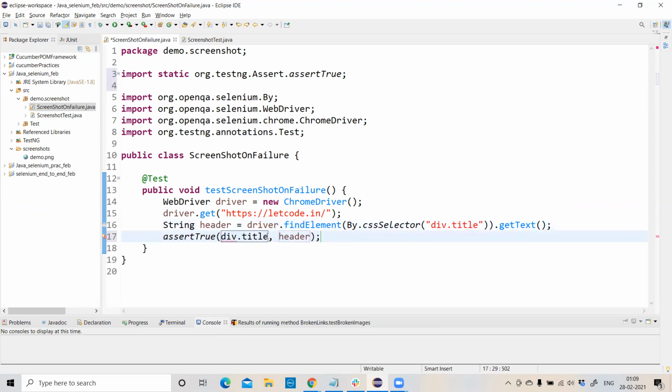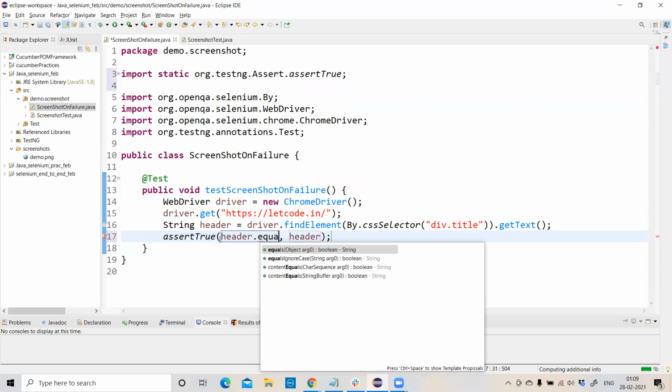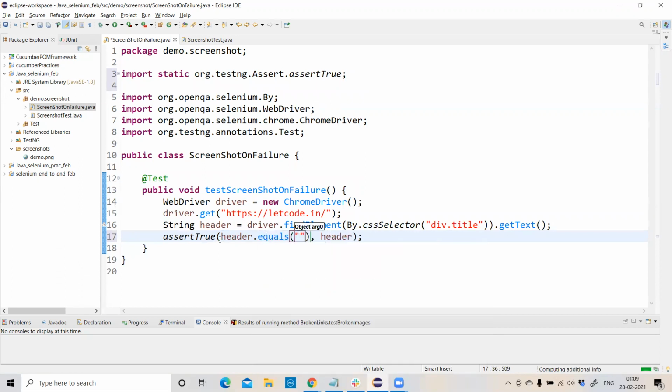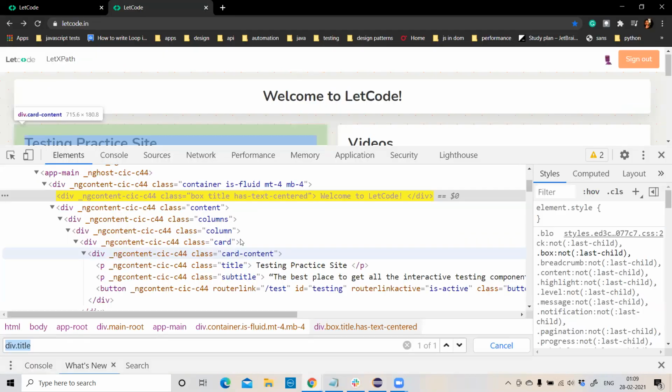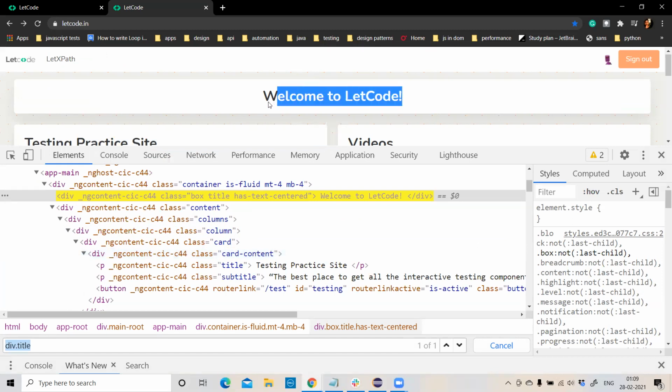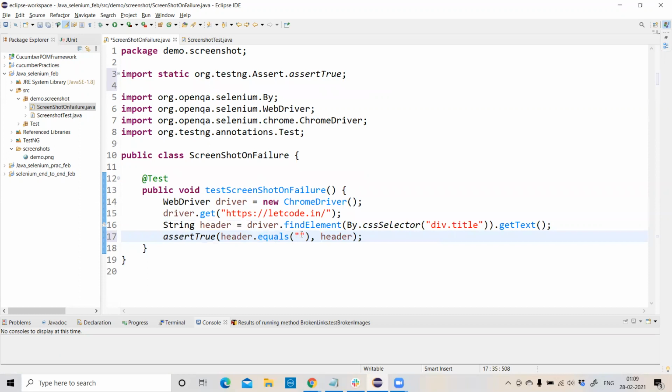Header should be equal to, dot equals, equal to what, guys? Let us pass this test case: Welcome to LetCode. Let us copy this and paste it here. So we are checking our header to match with Welcome to LetCode.